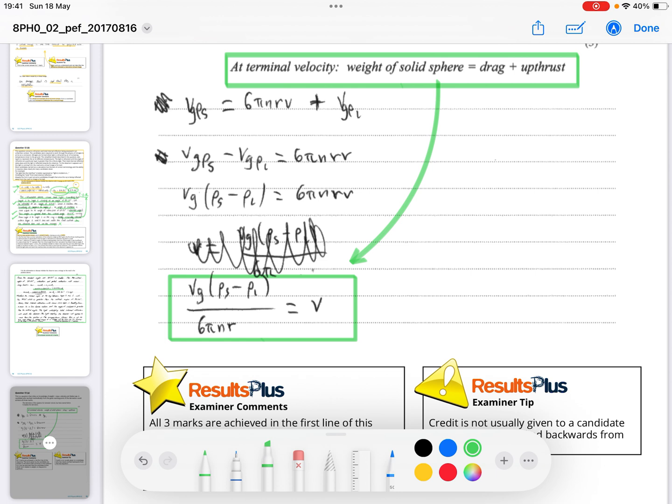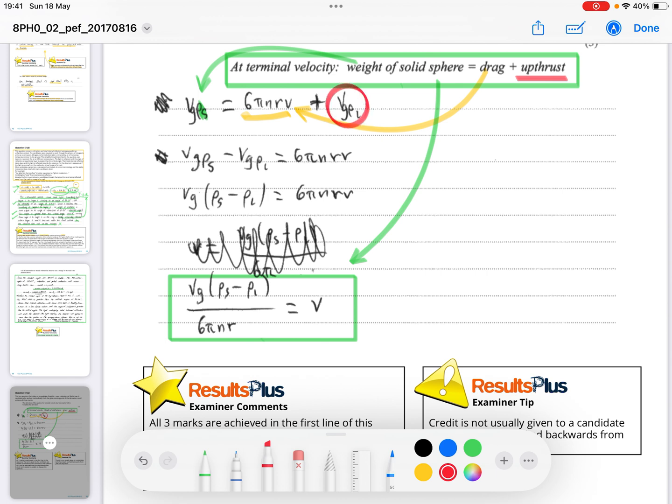The writing is a little bit small, so the weight of the solid sphere is the volume times the density times gravity. The density of the sphere, that's what that is, the data. And obviously the drag is equal to Stokes' law, which is this in yellow. And then the upthrust is the weight of fluid displaced, which is the volume of the sphere times the density of the liquid